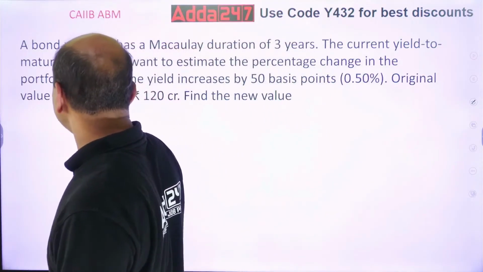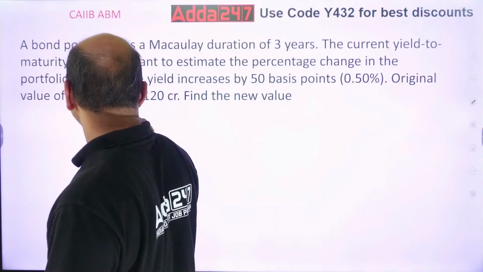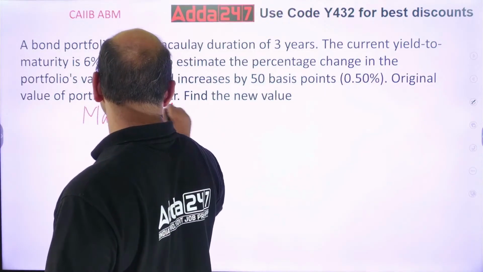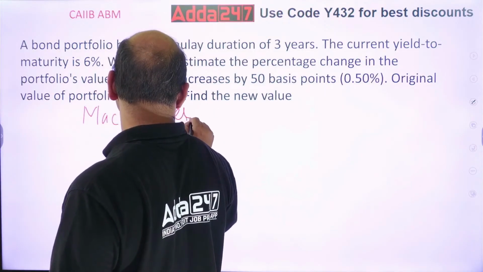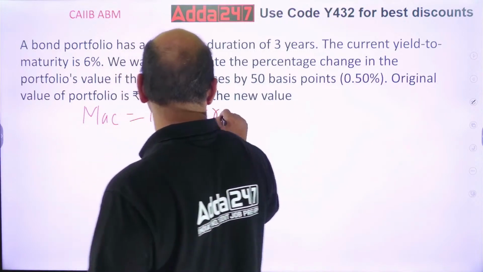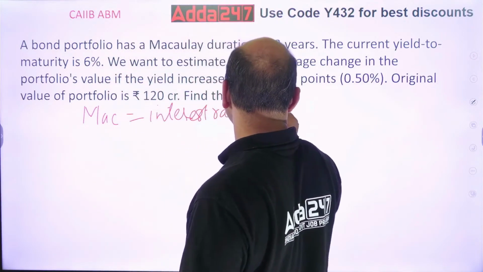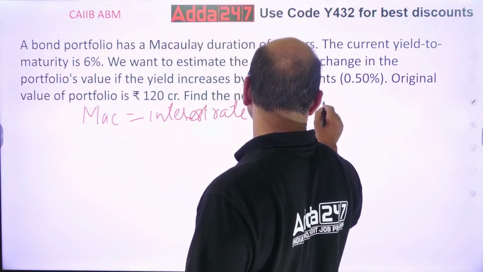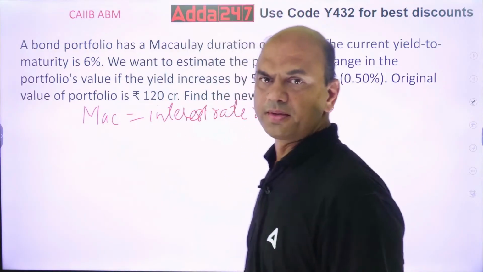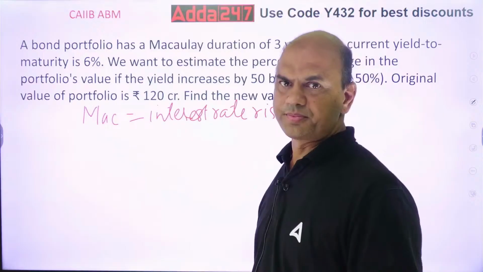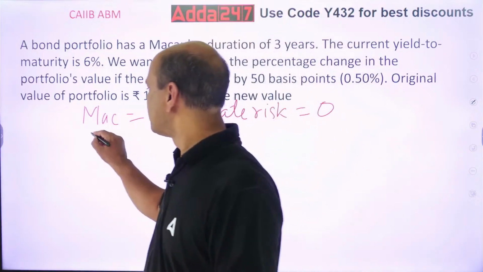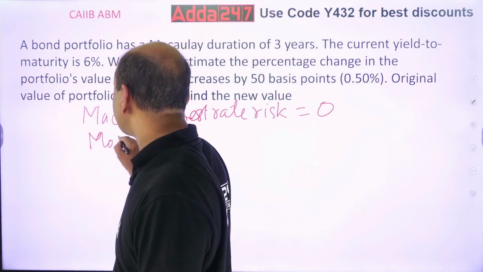Modified, Macaulay, interest rate risk equals to 0. Simple meaning. During that tenure, modified means, modified is for 1%